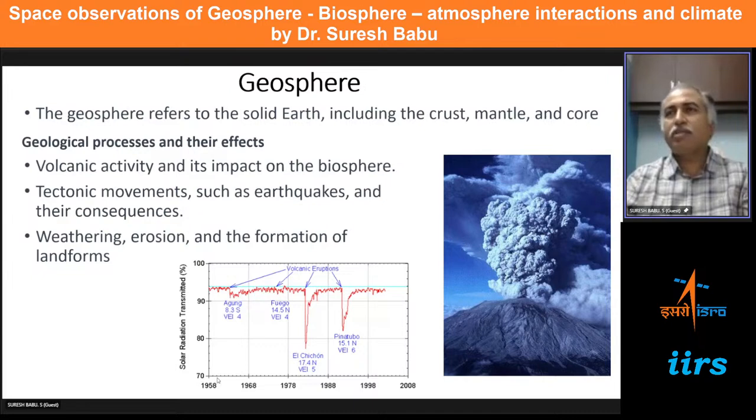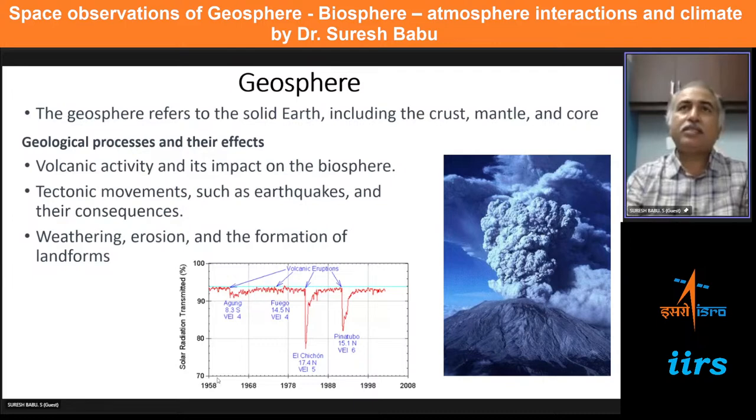One typical example is the volcanic activity. We know that in the recent past, we have had the Pinatubo and El Chichon eruptions, and it was reported that there was a significant reduction in the surface-reaching solar radiation because of the blocking of radiation by the particles emitted from these volcanic eruptions. This is a classical example of how the geological processes can affect the climate, and these are all long duration